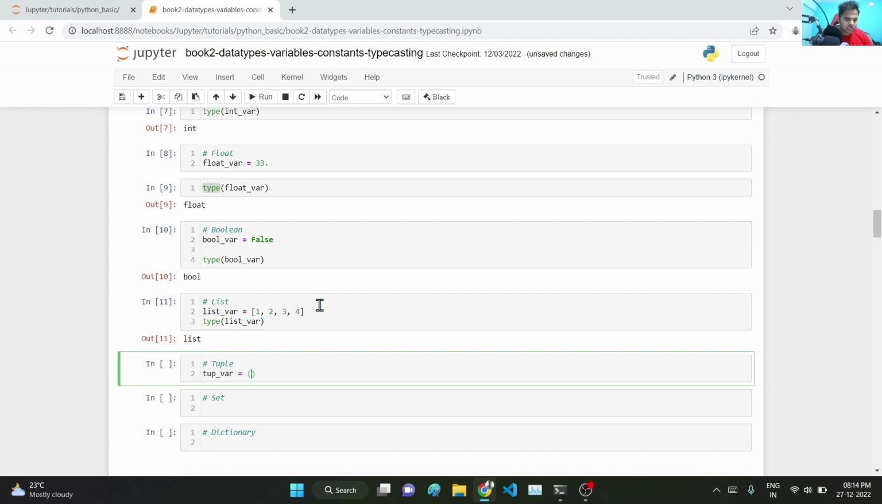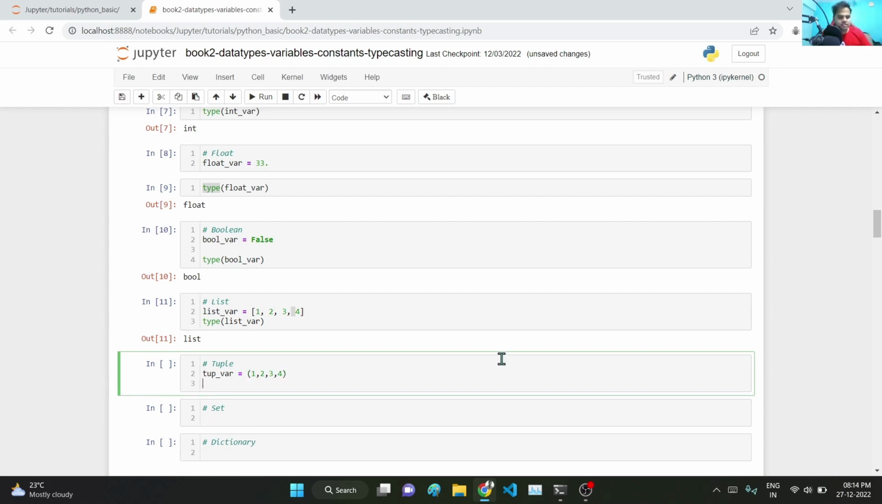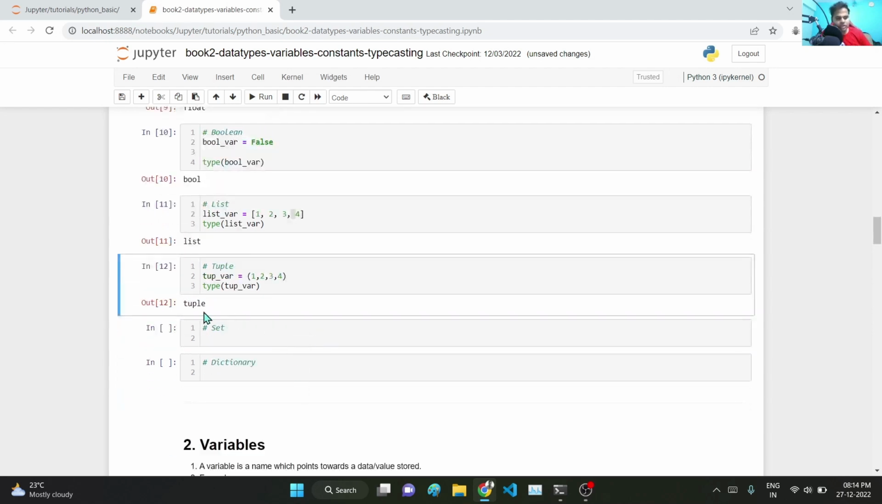var, and inside round brackets I will pass in 1 2 3 4. Also, one more thing here, if you see, I have mentioned white spaces, that is space bar, and here I have not mentioned it, so it does not matter at all. So it will still consider both the things as same, whether I mentioned space or not. And here if I type in type and then tuple var and execute it, it will tell me it is a tuple. And set, if I say set var, and then if I pass in